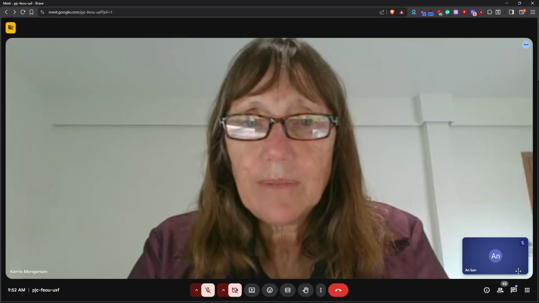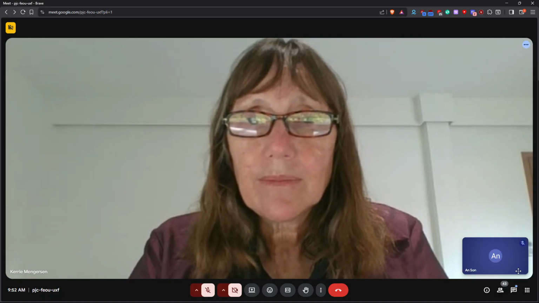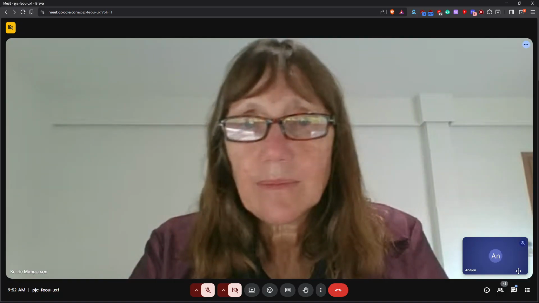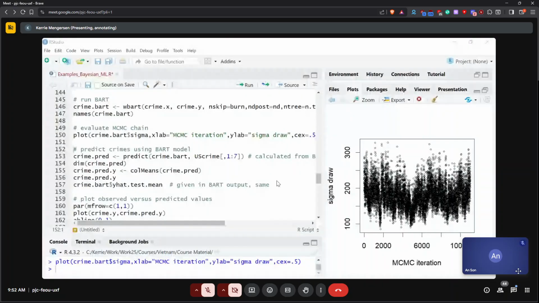Okay, so if I run the MCMC results, you can see this is what the MCMC draw is like for sigma. What I've done is run line 150, so plot sigma here, and I can see the iterations for sigma.